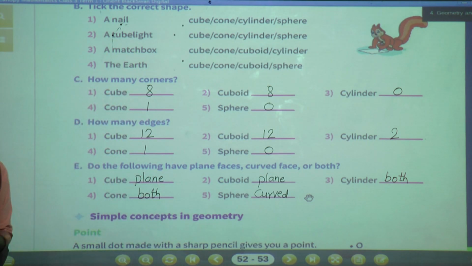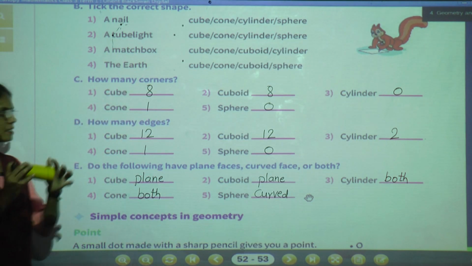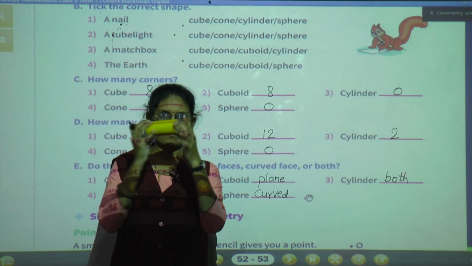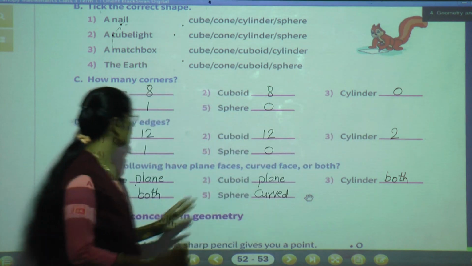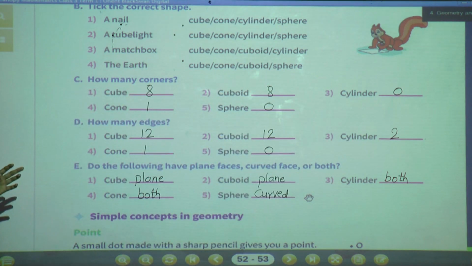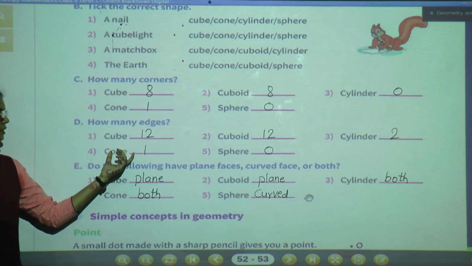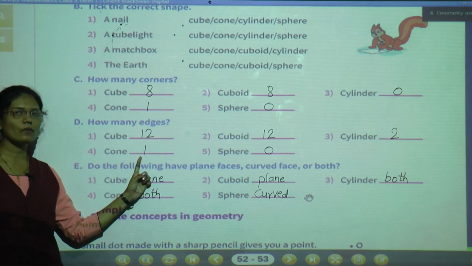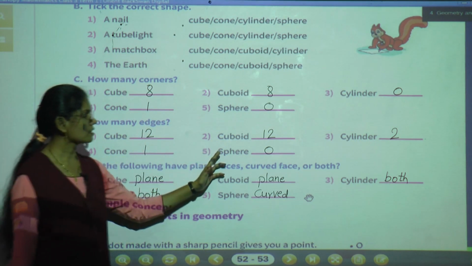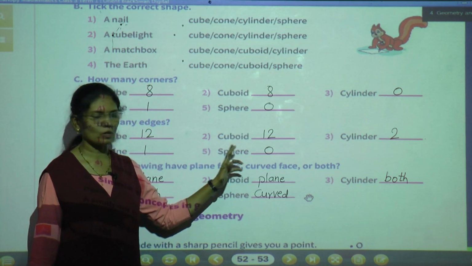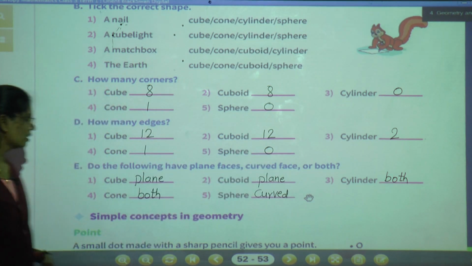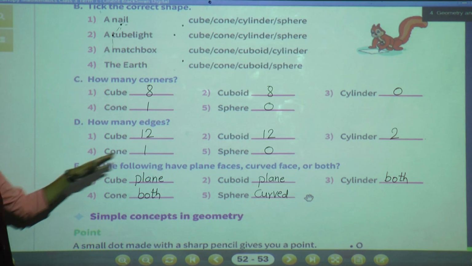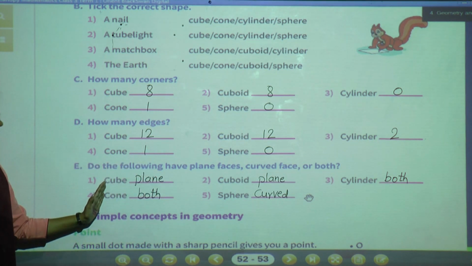Yes, the cylinder has curve edges. See, this is called a curve edge. So the cylinder has 2 curve edges. Then the cone has only 1 edge, whereas the sphere does not have any edge, so we wrote here 0.